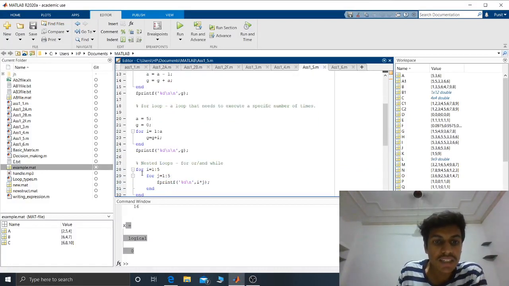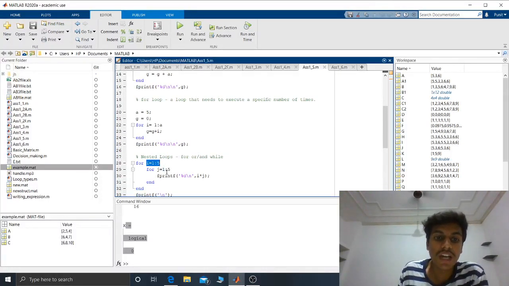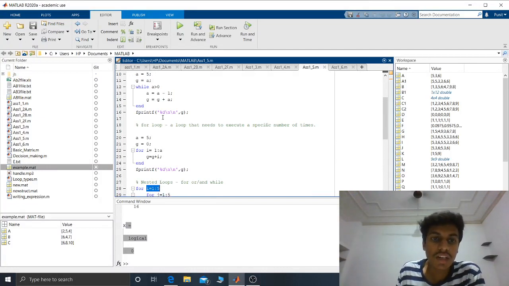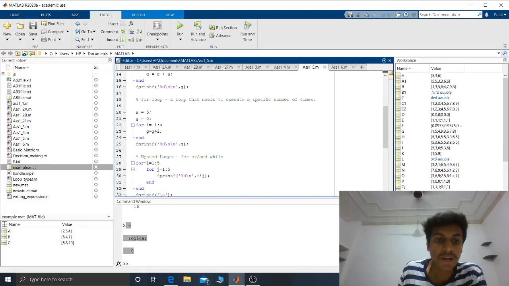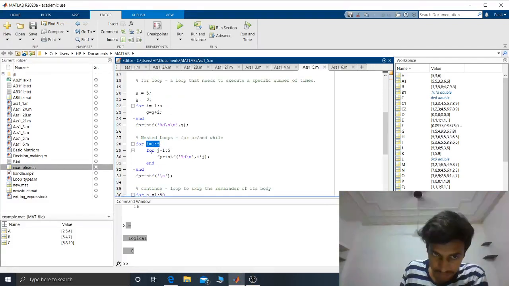For loop will run for the number of times we initialize. That's the only difference between while and for loop. In a while loop we are not specifying how many times it has to run, but in a for loop we are specifying how many times it has to run.